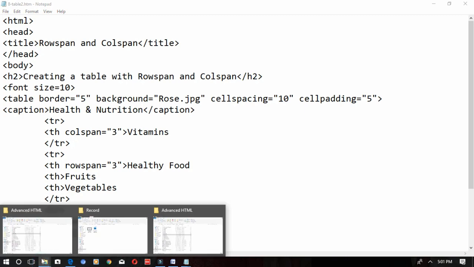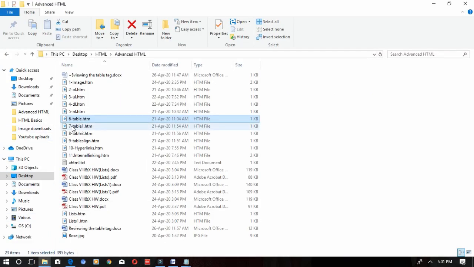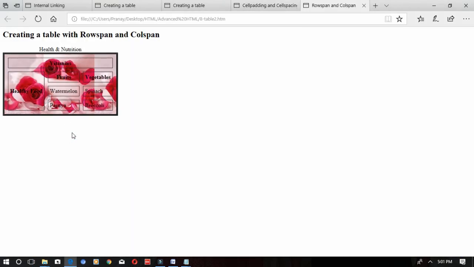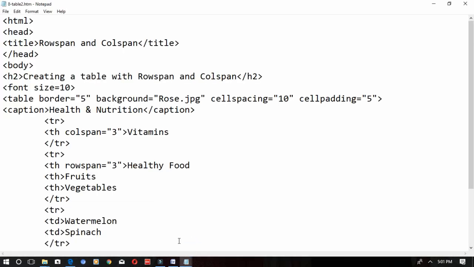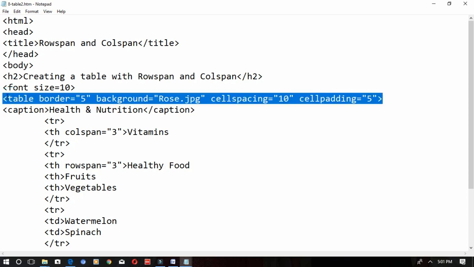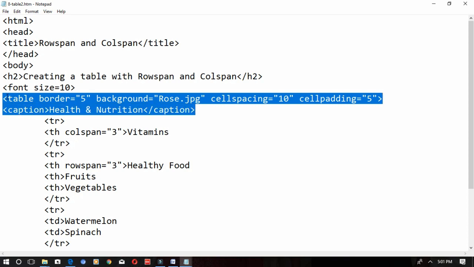For example, first I will show you the output, then we'll come back to this. Now see, here I have given the background image, and I merged the first three columns and first three rows. Let's see first how it looks. Here I mentioned the background image, and the same cell spacing and cell padding I have used, and the caption will be health and nutrition.